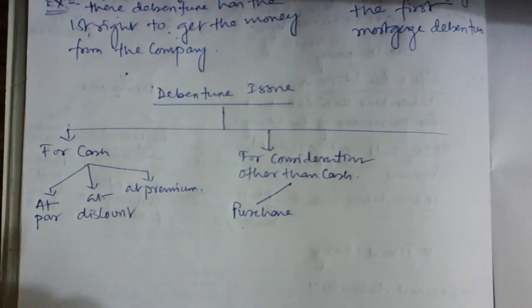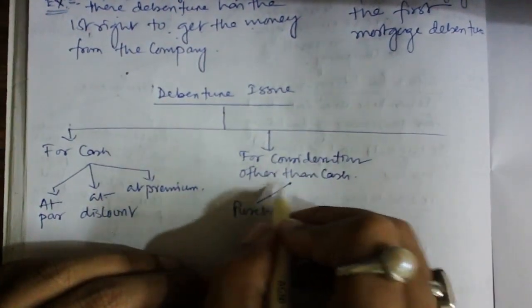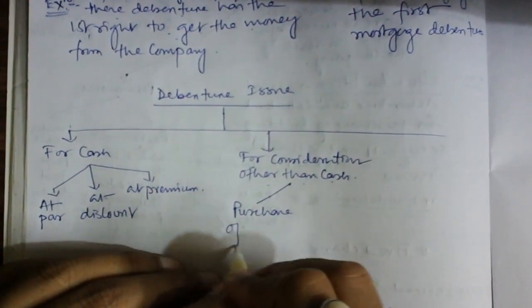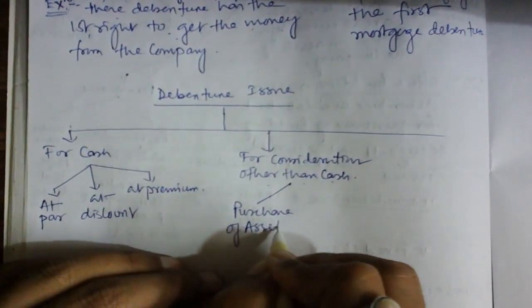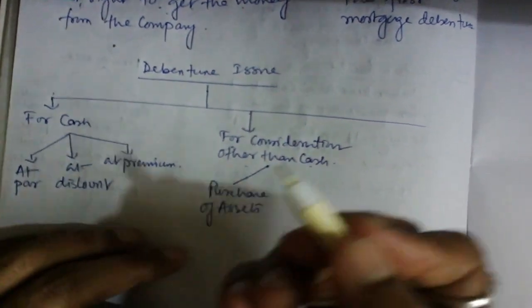So you do one thing: you issue them the debenture and purchase the asset from them. So for consideration other than cash, purchase of asset, you can do it. You have purchased the asset from them, you are going to issue them the debenture. Or